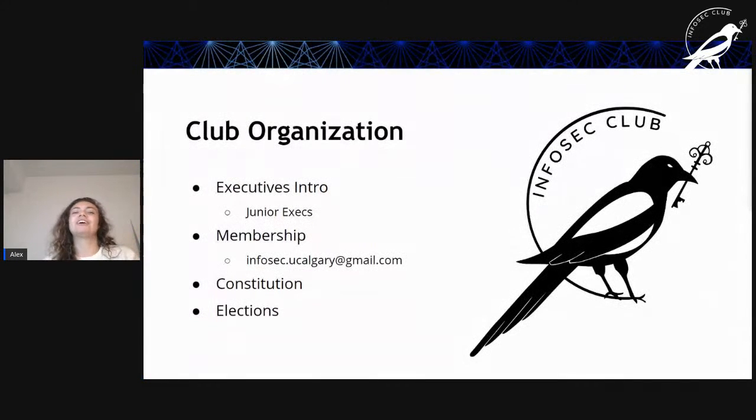It's a lot of work to be an exec in this club, but it's really worth it. You'll get a lot of opportunities for the club. We let our execs participate in workshops and competitions over the summer that the rest of the club wasn't able to. You get to meet a lot of industry professionals that we've made connections with throughout the club, and you get to create projects that are helpful for your resume. Emily actually got her internship showing some of her club work from it. So it's definitely worth it.